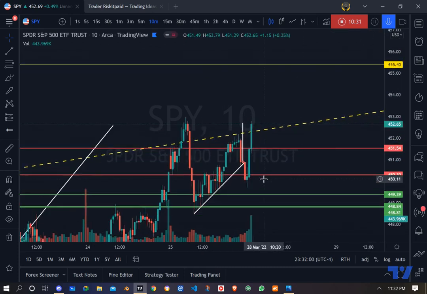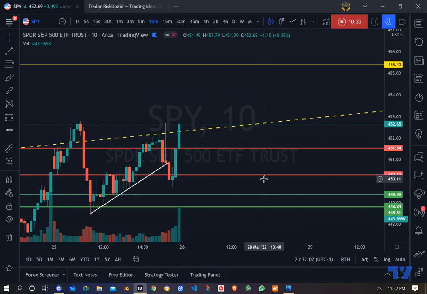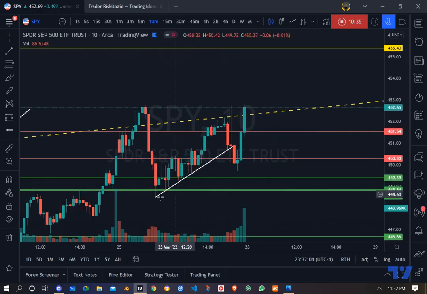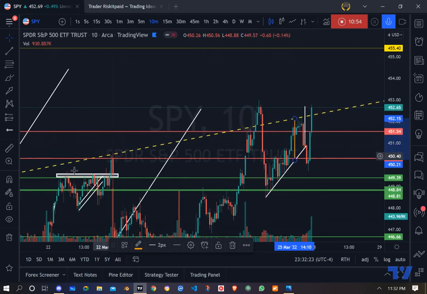I like to look at it like this. Right here, we had an ascending triangle, right? If we do measured moves again, we broke out of this triangle right here. We hit this 452. So this is the broadening formation. If I could just go back a second. The first time we hit the broadening formation, coming up